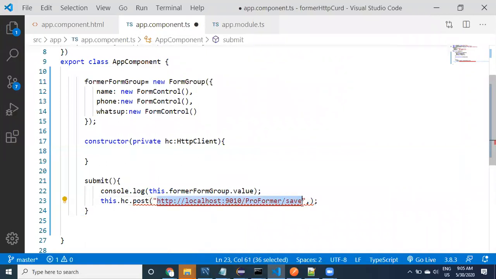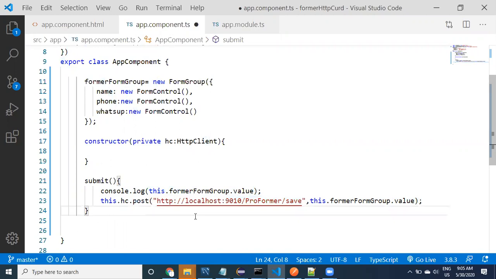The get method takes only the URL, but the post method takes, along with the URL, the data to post. After a comma, you need to provide what kind of data you want to send to this REST service. You can take the data you are printing directly and provide it. See here, this is the data you are sending, and this is the URL.